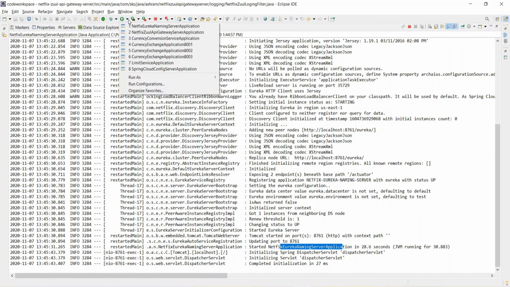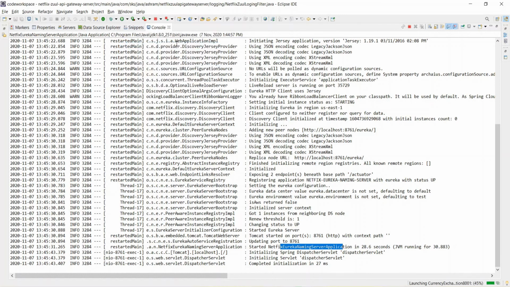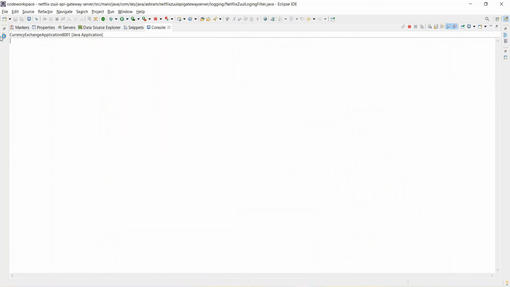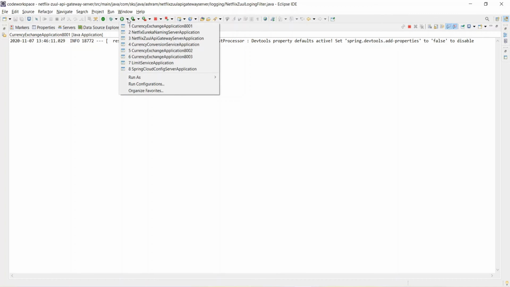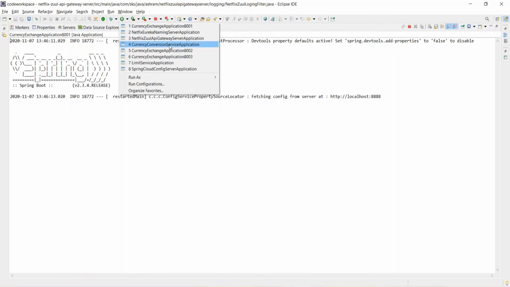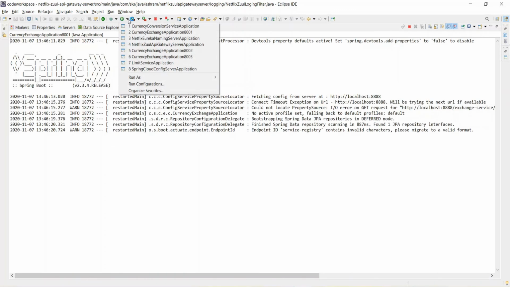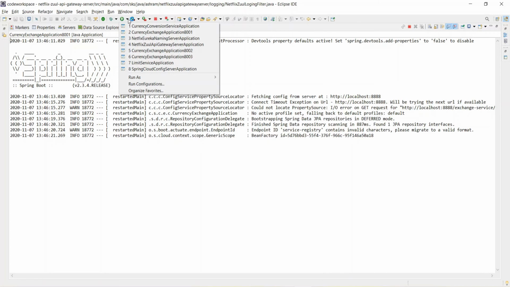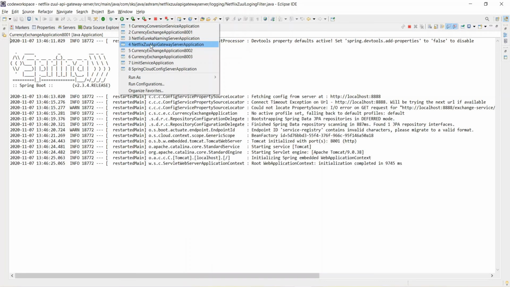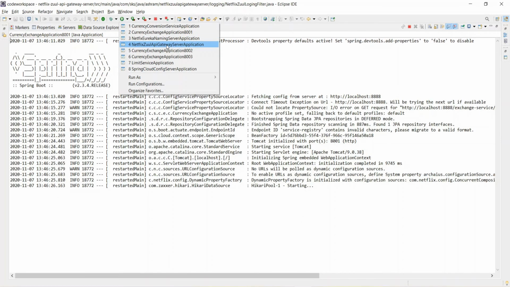Let's first start the currency exchange application. We will be running only one instance. So I just started the currency exchange application. Let's parallelly also start the currency conversion service. And also our last step, the Netflix Zuul API gateway server application.